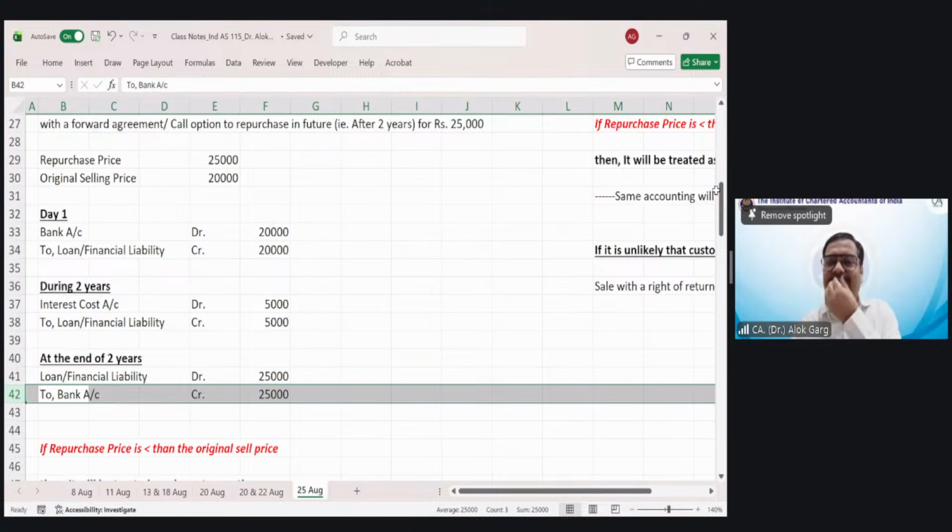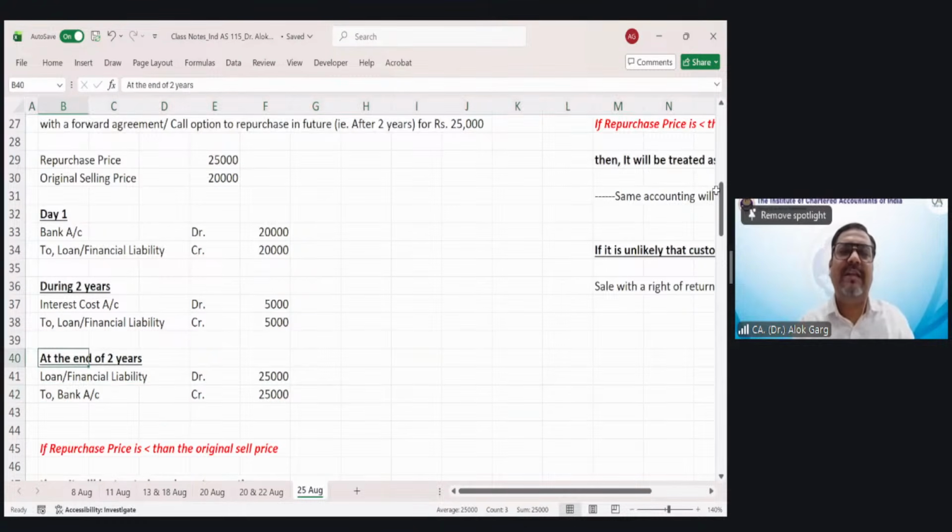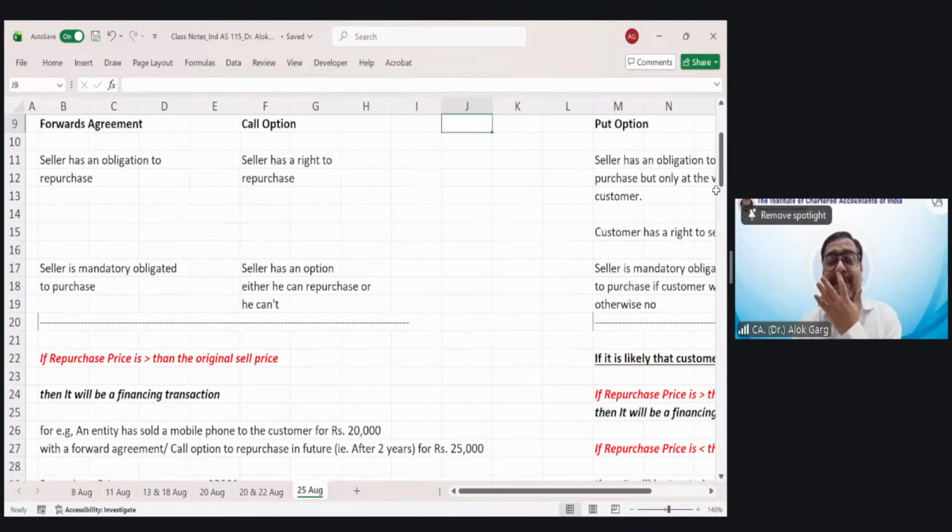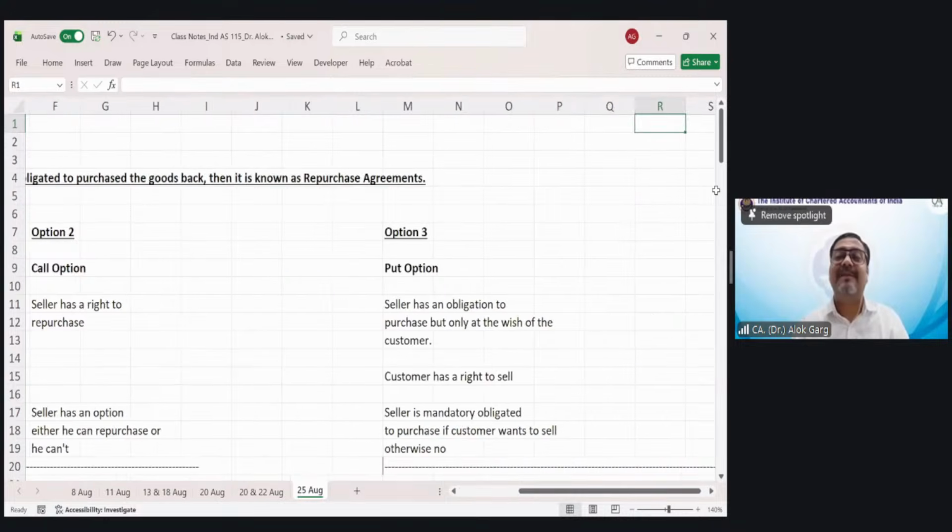Also, sir, in the previous example also the buyer uses the mobile phone. While the buyer may use the mobile phone, but what happens? Generally in these kinds of contracts, it will be shown as a mortgage. Okay, it can be. So typically the buyer may use, but you will not be able to substantiate and probably you will not be able to pass any accounting entry for that usage. Okay, right? So this is a substance based transaction. You are not going to the form, you are going to the substance.